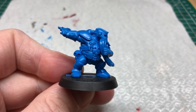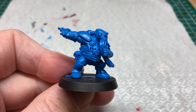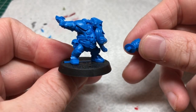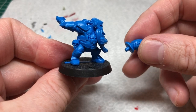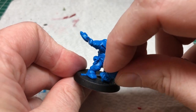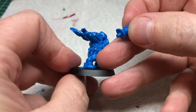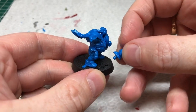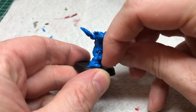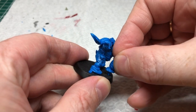Recently I've been playing quite a lot of Blitz Bowl, and one of the big issues with Blitz Bowl, and indeed Blood Bowl, is it can be a little bit fiddly to use the balls. The balls have little pegs on them, and the idea is those pegs fit into holes in the bases of the miniatures. It's a nice idea, but during a game it can be a little bit awkward, especially if you have fat fingers like me, or you are using a team that has quite large miniatures, like the dwarf team,